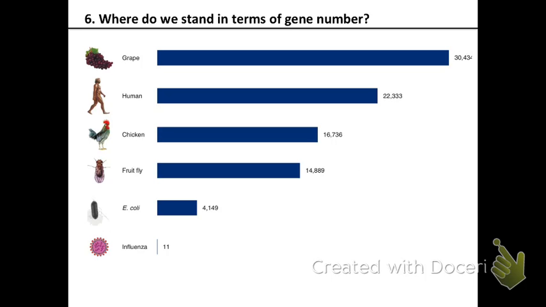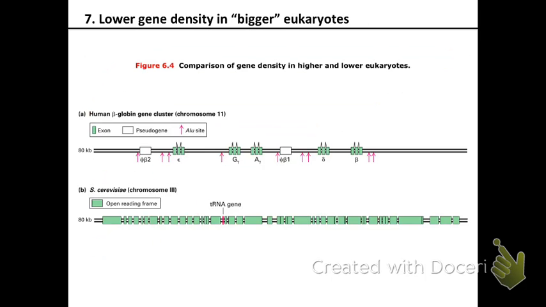And if you look at the genomes of eukaryotes that are smaller and larger, the reason why we have about the same number of genes compared to a eukaryote with a smaller genome is that smaller eukaryotes have more compact genomes. What I mean by that is they put many, many more genes in one linear chromosome than us.